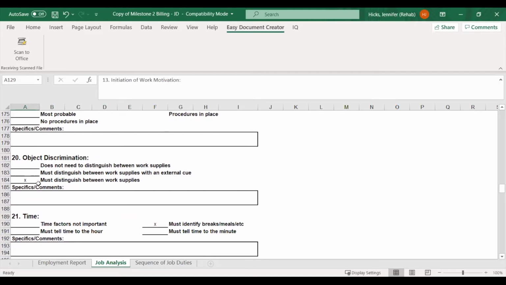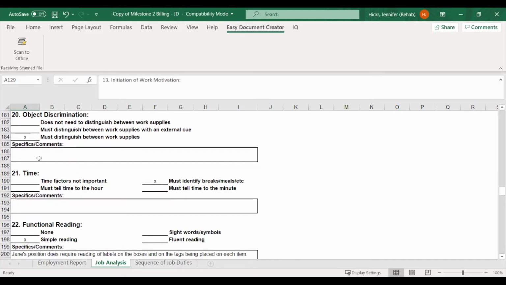So that means she needs to know where her workstation is. She needs to know her box cutter. She needs to know her cart, those kind of things. And she needs to know those things without an external cue of somebody saying, here's your stuff, but some places will give that external cue. So just have to look at the job and make that determination.